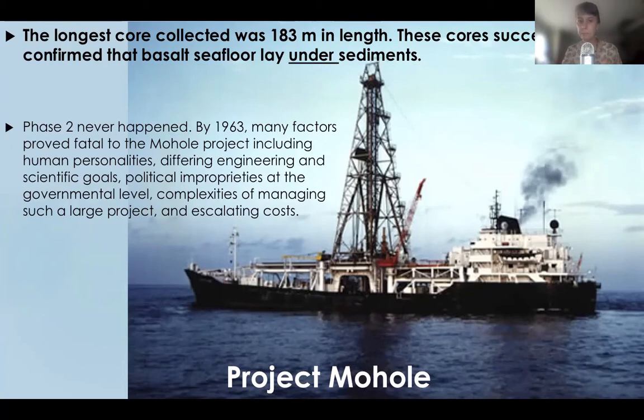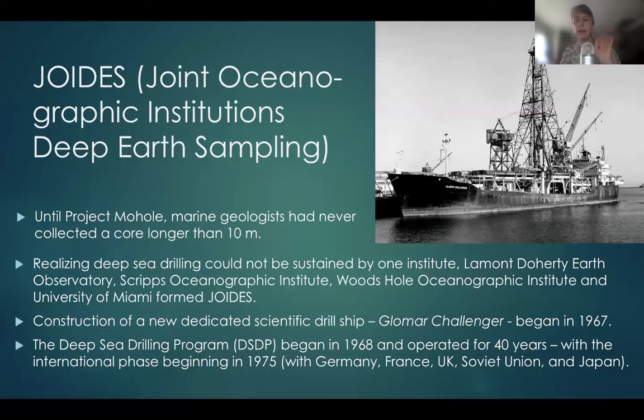But they had realized that drilling was possible. And so Lamont Doherty got together with 3 other oceanographic institutes to come up with a ship that could do deep sea drilling. So Lamont Doherty got together with Scripps in San Diego and Woods Hole in Boston and University of Miami in Florida, and they formed JOIDES, which is still around today. JOIDES is the Joint Oceanographic Institutes